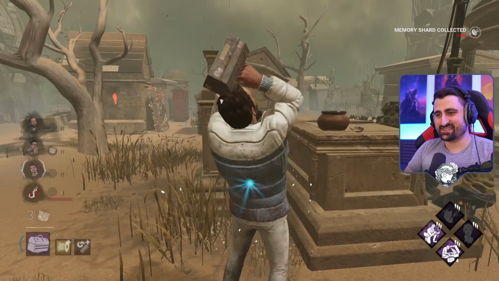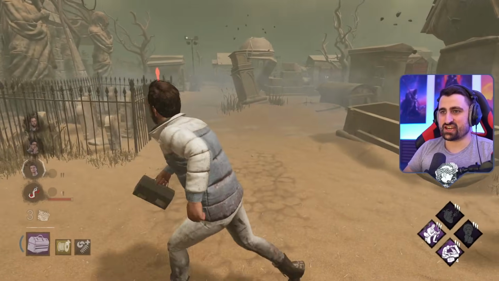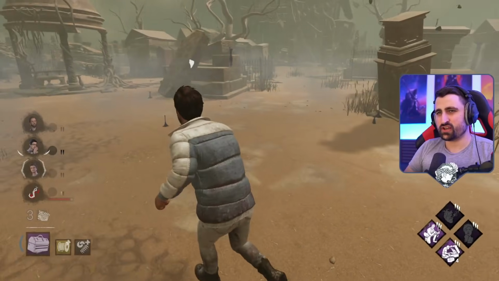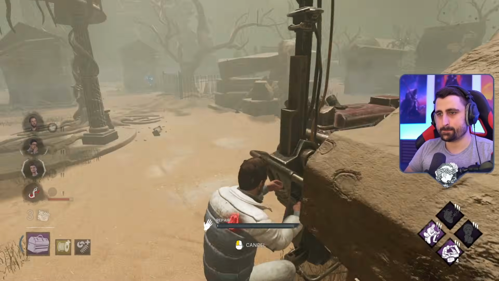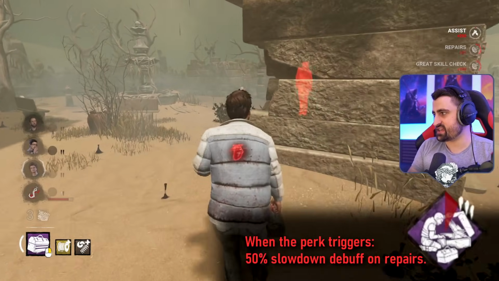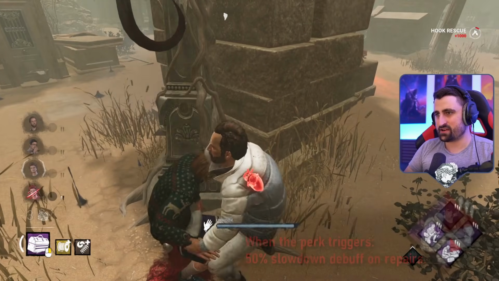And obviously... Oh, what was that? And obviously now, if I start a gen, I'm gonna be hit by the downside of this perk, right? So I could try to hit one skill check now, right before I rescue. There you go. Okay, so now I have 30 seconds of the perk making me very slow at gens,